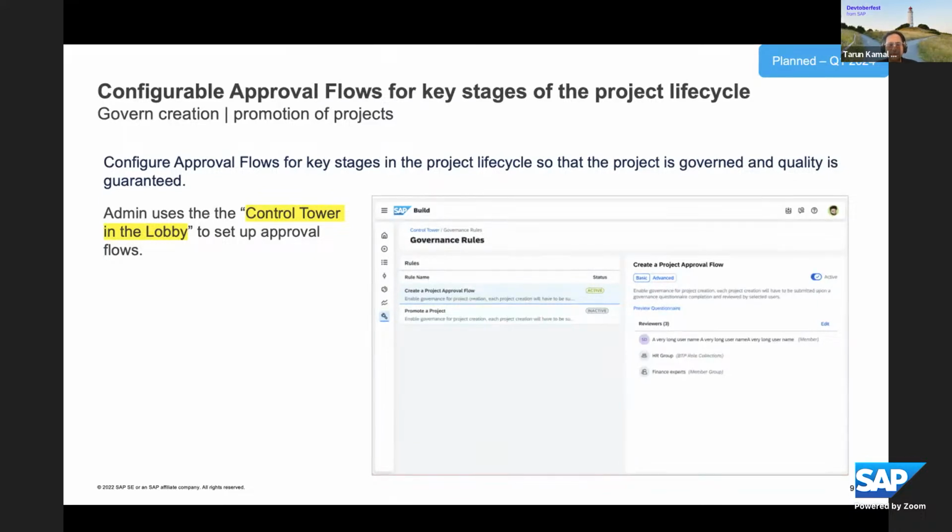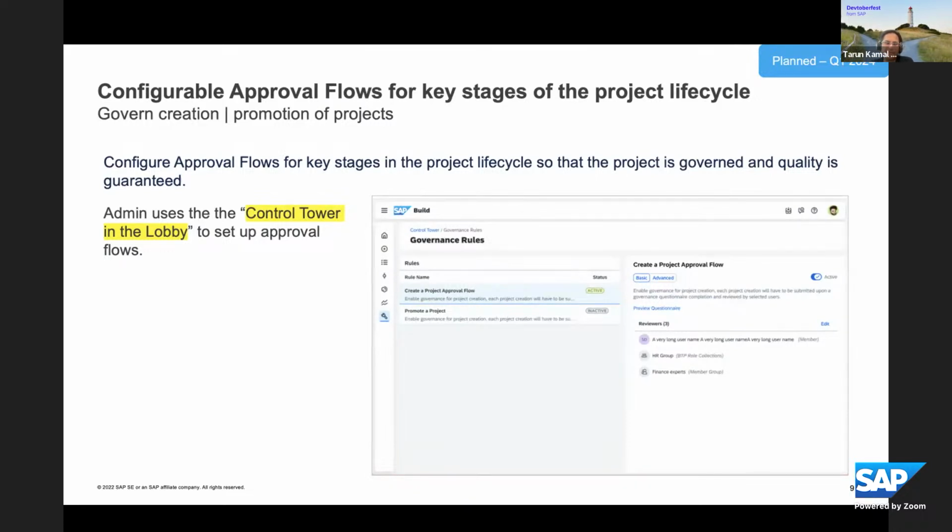Some of the feedback that we have received was: if you introduce many of these governance steps, is it not a burden for citizen development as such? But not really. If you think of it, it works more like a guiding force to look at what information is needed, and it helps guide citizen developers to build apps, processes, or even automations that are compliant and secure, right? So that's the model that we would be going with.